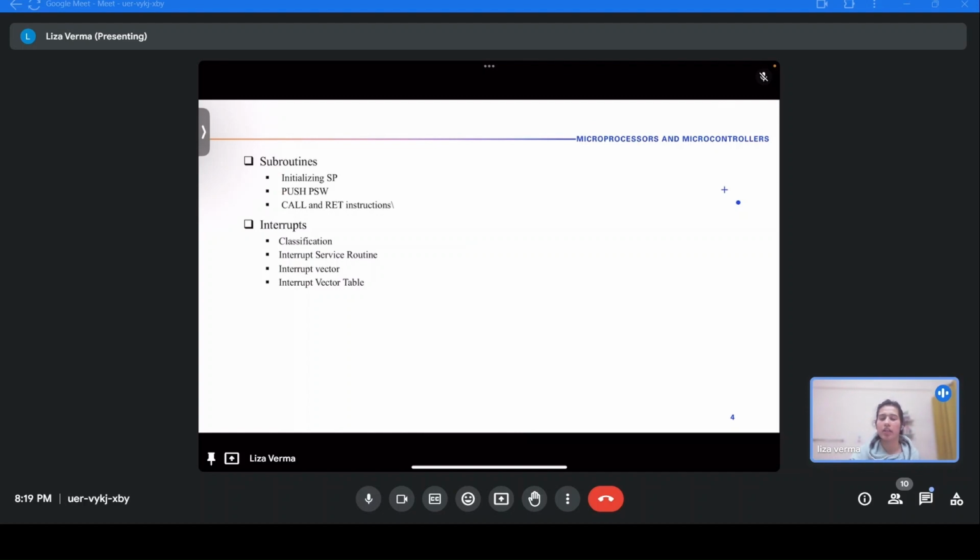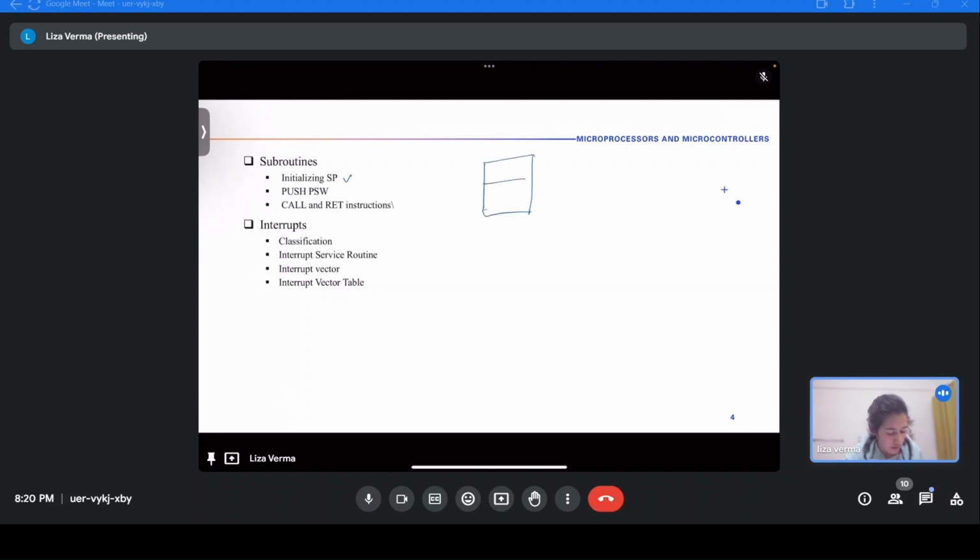So subroutines are like the small mini programs that you want to execute while not leaving the actual main program that is being executed. So for the subroutines, you have to initialize. These are the main things that you do for the subroutines. For executing subroutines, you initialize the stack pointer, because once you're calling a subroutine in the main